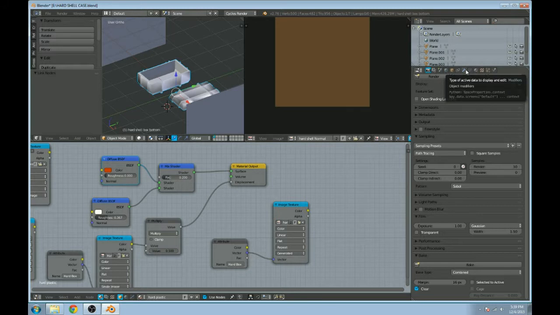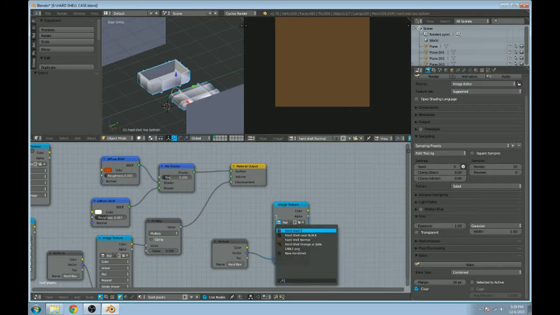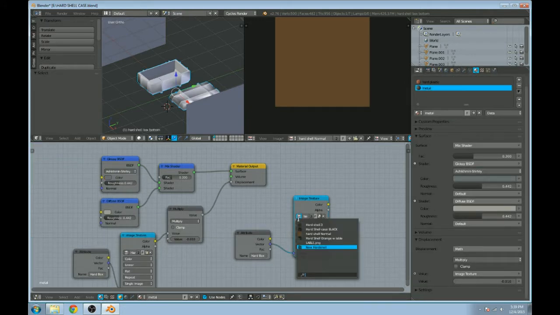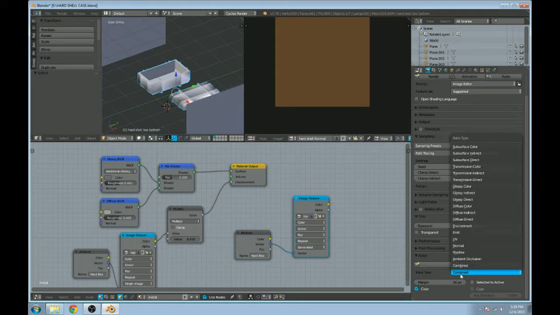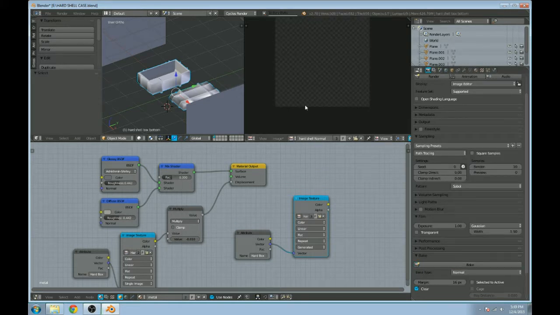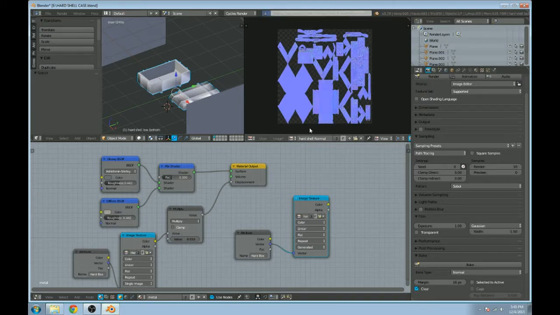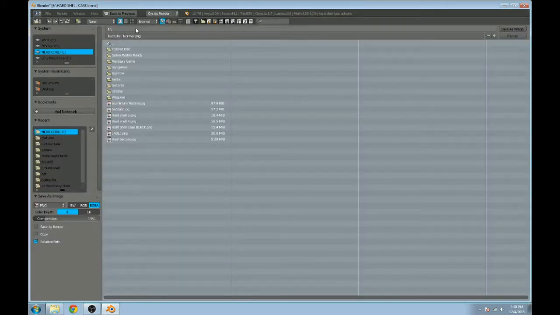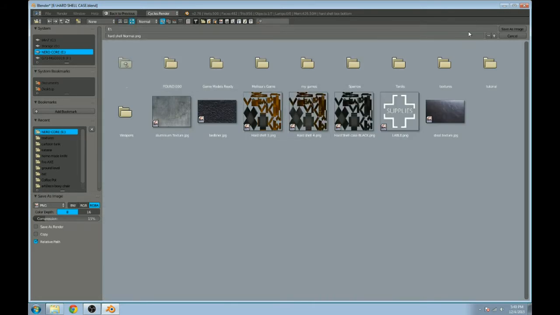And then I'll just go and down here select hard shell normal, and under metal, do the same thing, and then I'll just go to the baking, and instead of combine, switch to normal, bake. It should bake out really fast. Presto, there is your normal map, which you can put into Unity assets as well, and make with a separate, I think, material, or how you connect those, but I save them just because. So we have the hard shell normal,